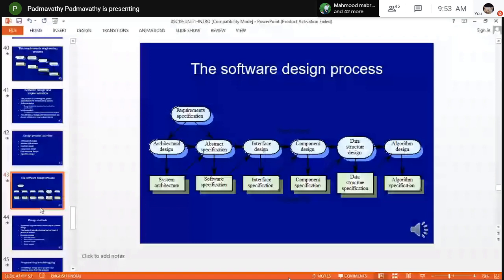The first unit is a very lengthy one compared to the other modules. In all these classes we have completed the introduction to various terms like software, software engineering, applications of software, and software process. We have seen the software process model, and in depth we have seen all the stages of the waterfall model and the prototype model along with the diagrammatic representation. So this is what we have covered till date. Your next topic will be software metrics.